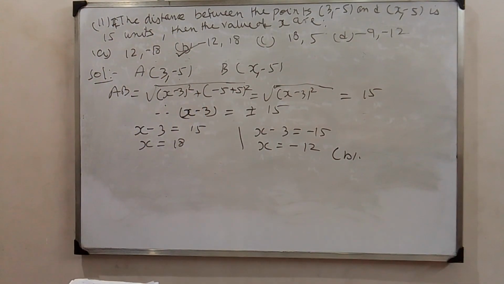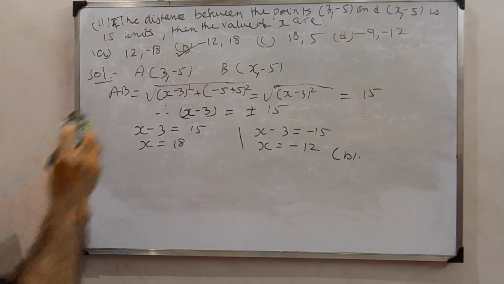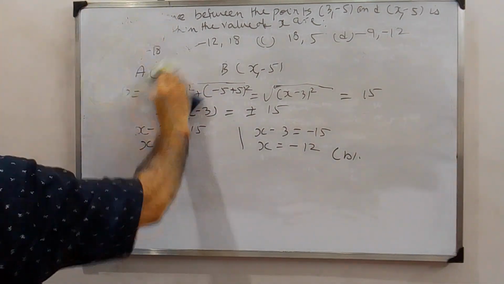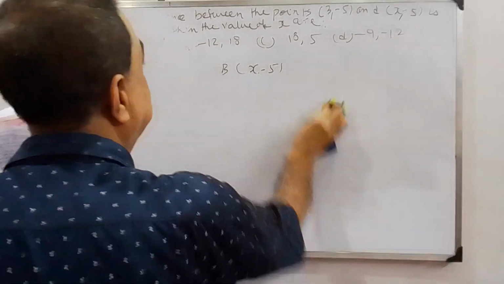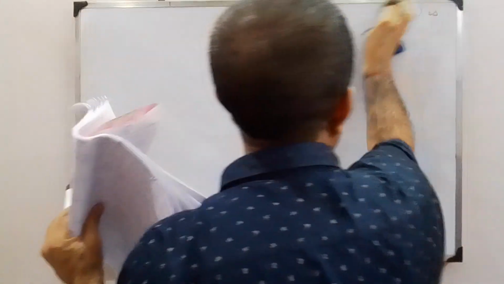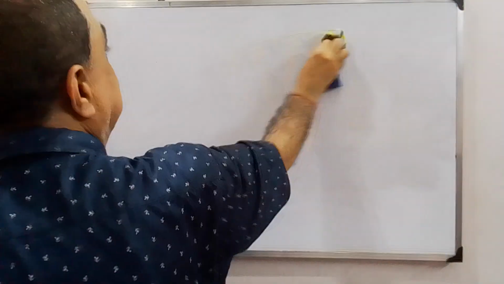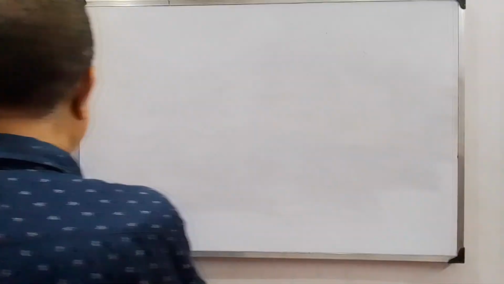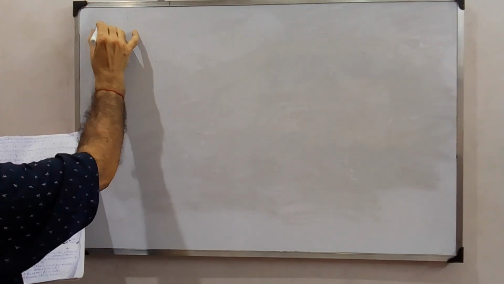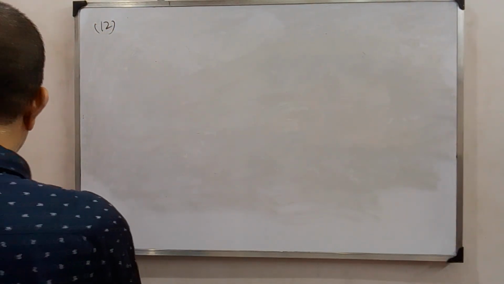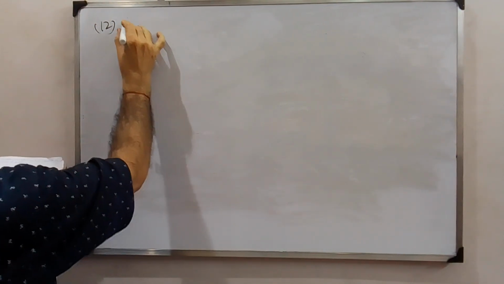Now we will be doing number 12. Number 11 is completed. Now I am doing question number 12. So what is question number 12 saying? Here question number 12 is saying like this: if cos